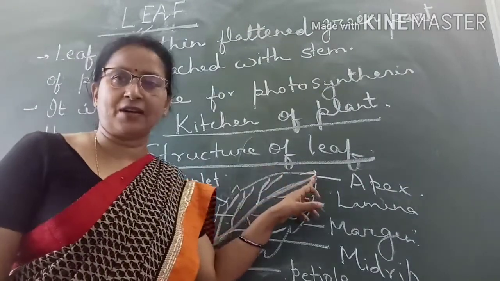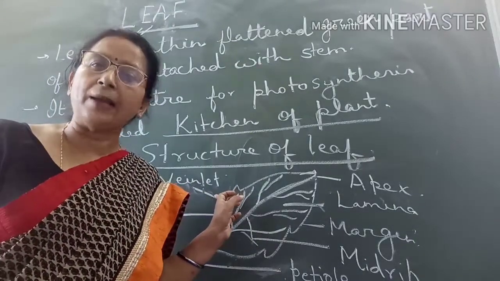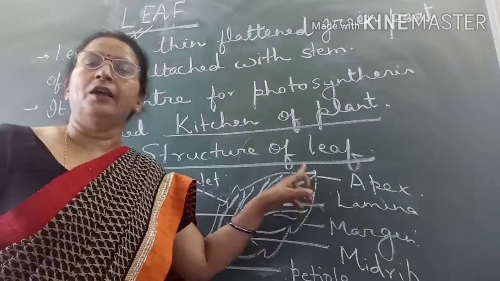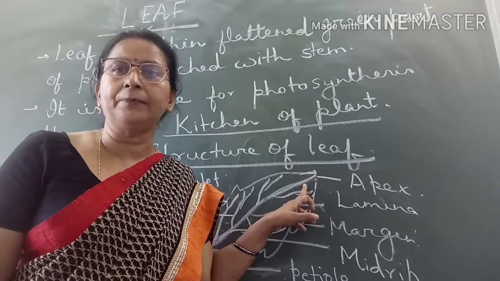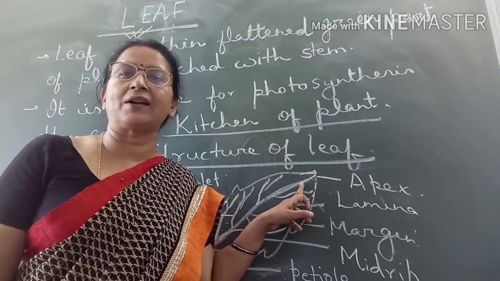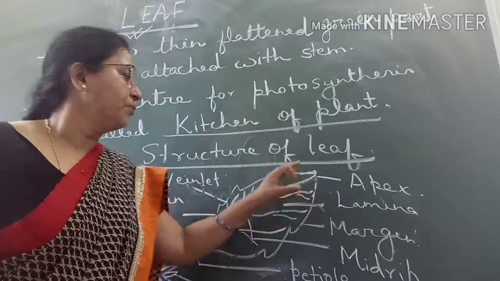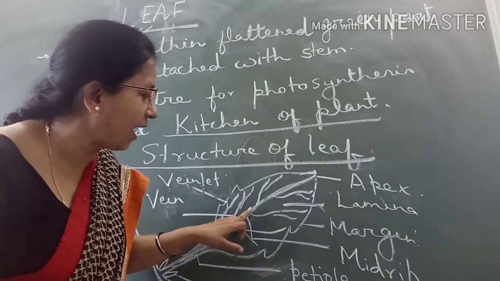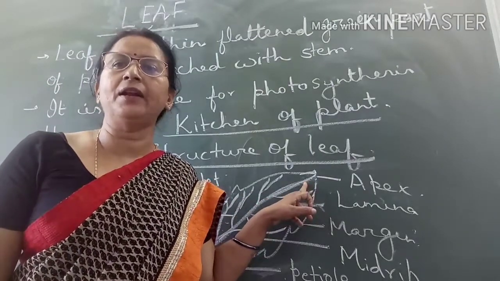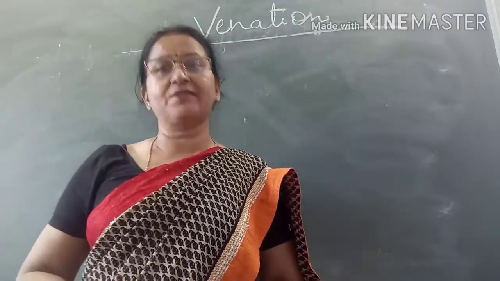What is this darkened structure? This one, midrib, vein or veinlet, is actually a pipe-like channel. It is actually a vascular bundle through which leaves get water, and synthesized food is also sent to different parts through this pipe-like structure or vascular bundle, which you can see here in the edge, the darkened structure called the midrib or vein and veinlet. You have seen right now what the structure of leaves is.